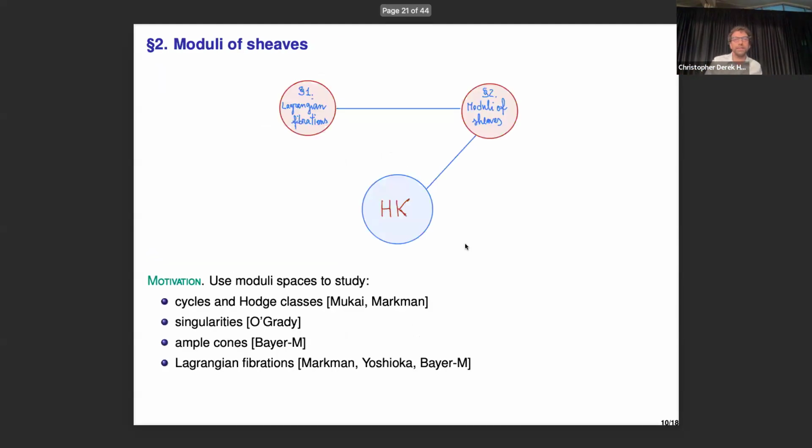And so let's go to the next step, which is moduli of sheaves. Let me also give a bit of motivation. Why do we care about moduli, or why do we care about sheaves? Well, the main issue is that we want to use sheaves and Chern classes to represent certain Hodge classes, for example. We saw something in Alstock yesterday, but this was also due to Mukai at the beginning, when he talked about some cases on the Hodge techniques.